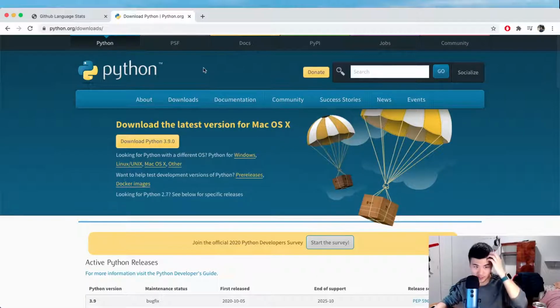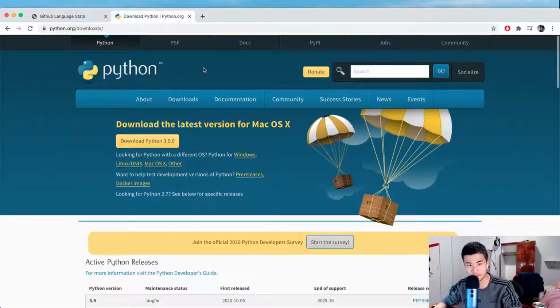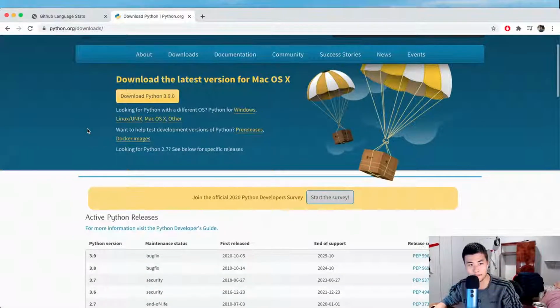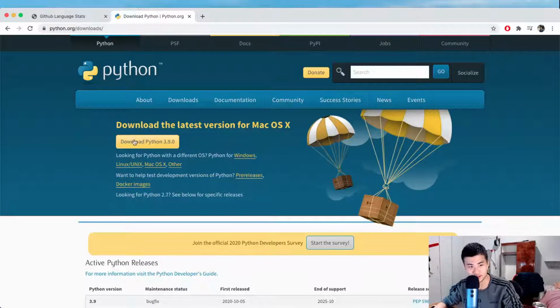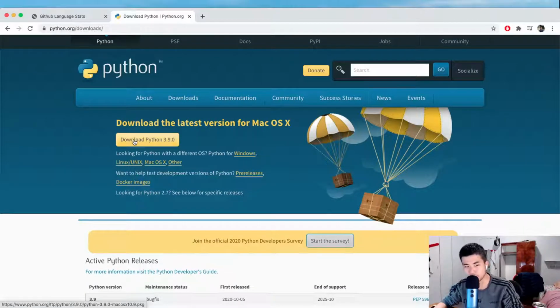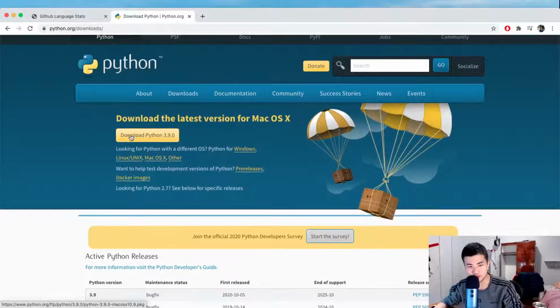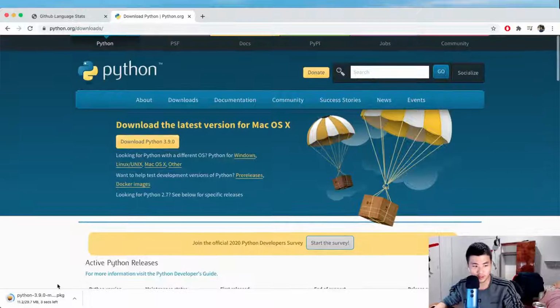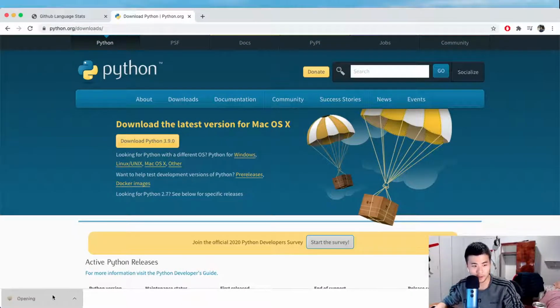First off, we're going to download Python for Mac OS, and once we get to this site, don't worry, I'm going to have all the links in the description just in case you can't find them. So you can just pause the video and download these right now with me. So we're going to download that, open that up,